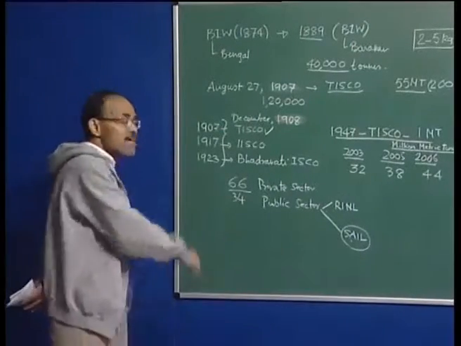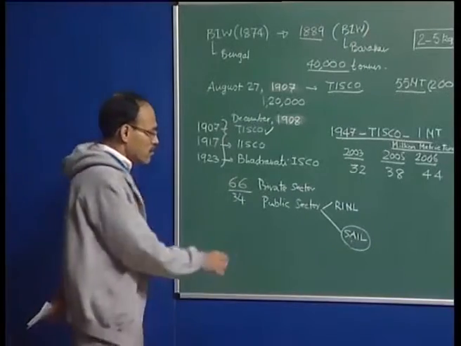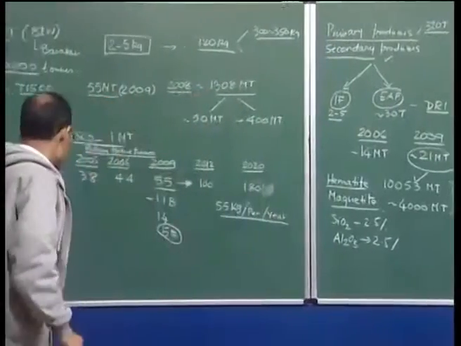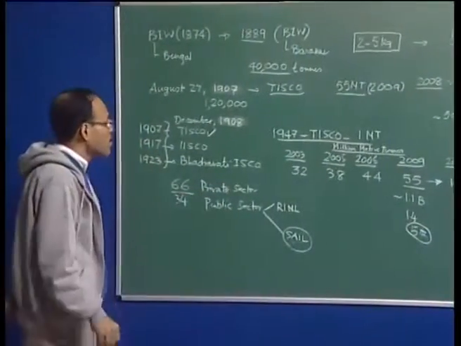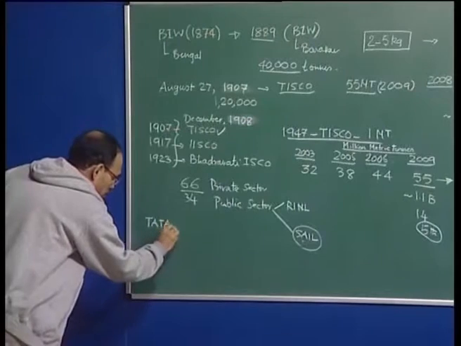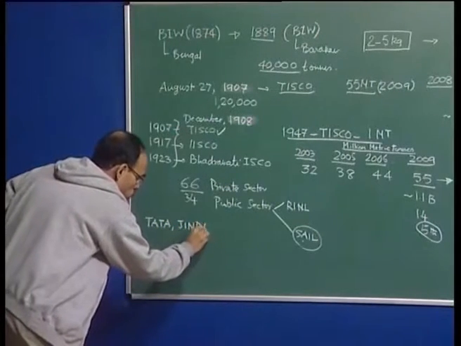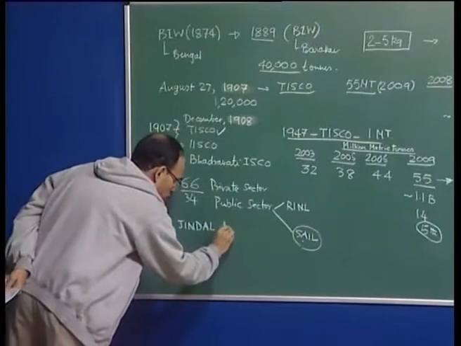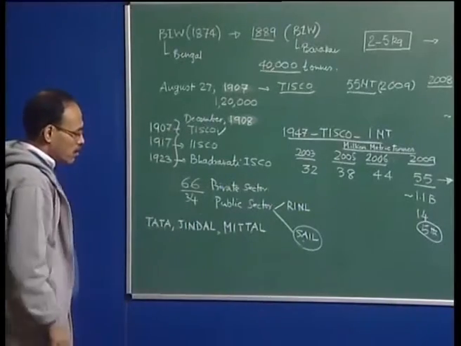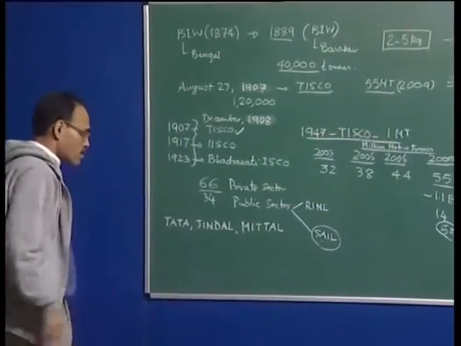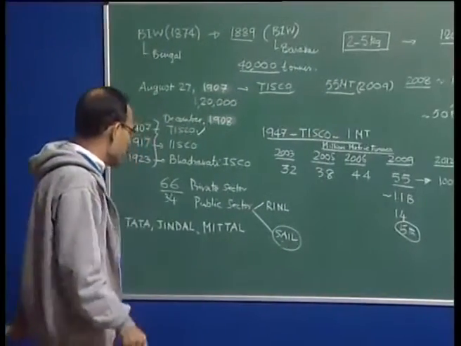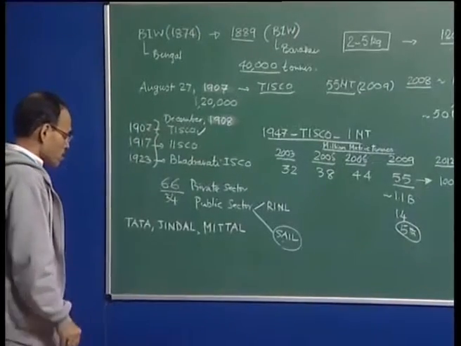There is private sector steel industry which has grown remarkably over the years, and this private sector comprises both the primary producers and the secondary producers. So what are the key primary producers in the country? The key primary producers in the country are the Tata, Jindals, then Mittal. This is not, by the way, Mittal Steel. This is the Ispat Group, Pramod and Vinod Mittal, who has works near Bombay, a place called Dolvi. So you have SR,